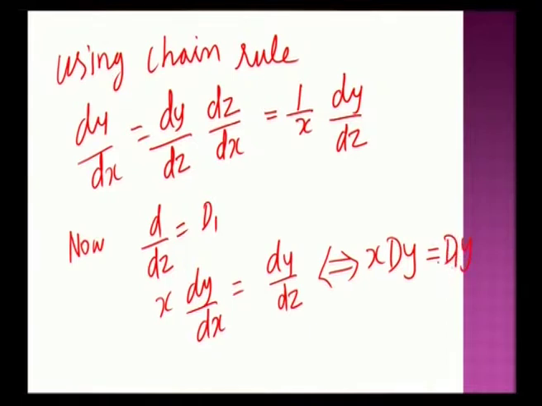Because this D1 is equal to d by dz, then this x is as it is, then d by dx is taken as D, then y exists as it is, then d by dz is D1, then y exists as it is. This is how this x dy by dx will reduce after substituting the operator. Similarly,